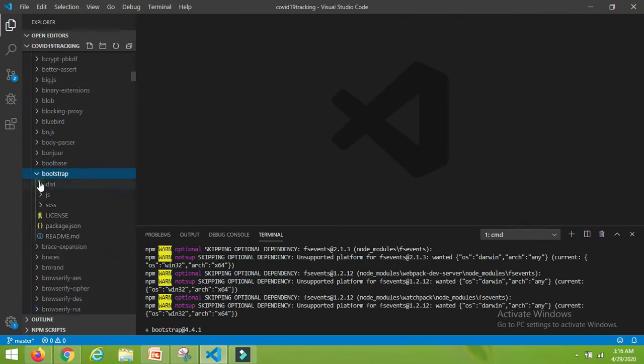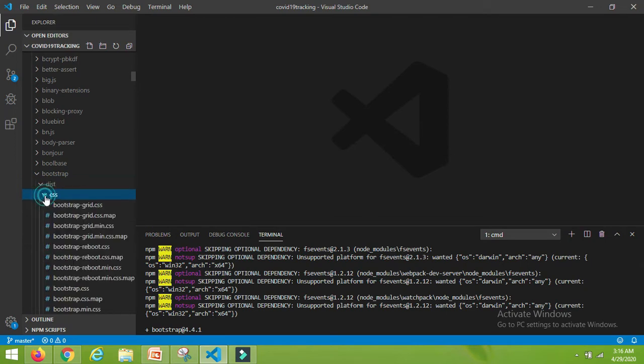So that means we have successfully installed this Bootstrap. Now I will require this Bootstrap file. Once Bootstrap is installed successfully, we have to add the entry of this bootstrap.css file in our angular.json file.